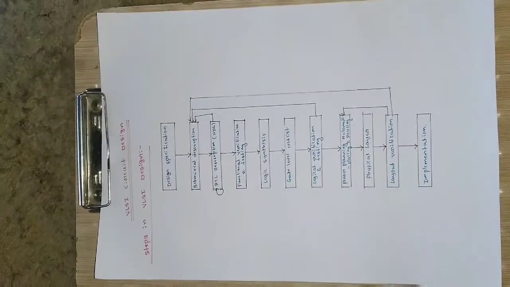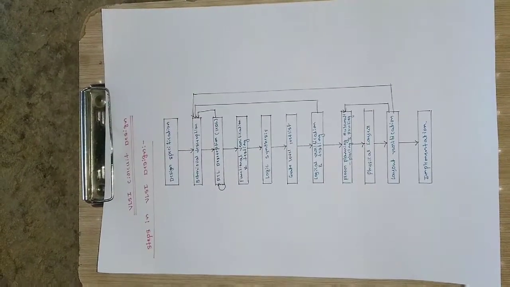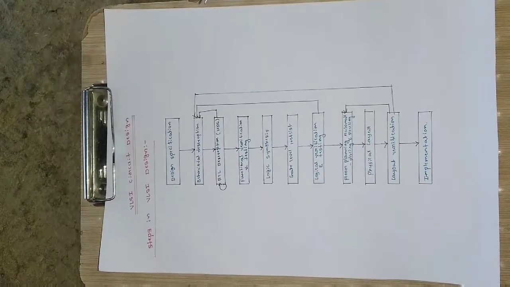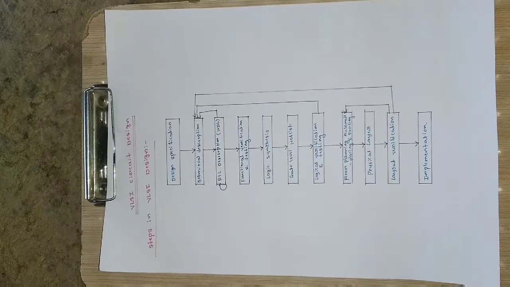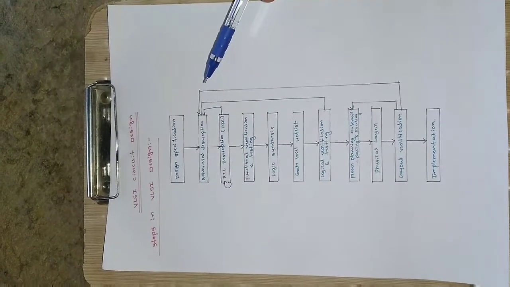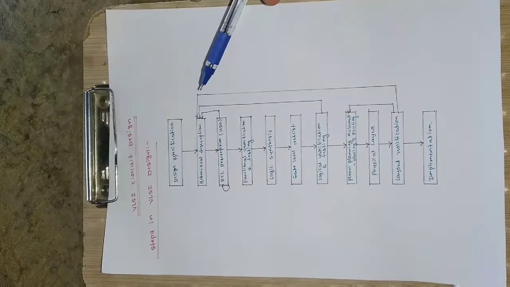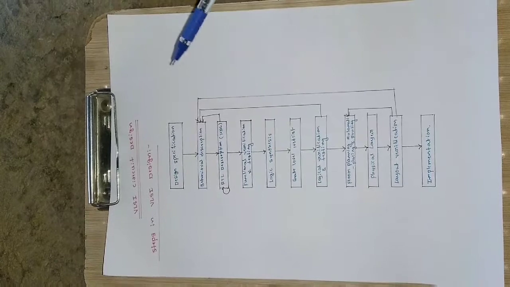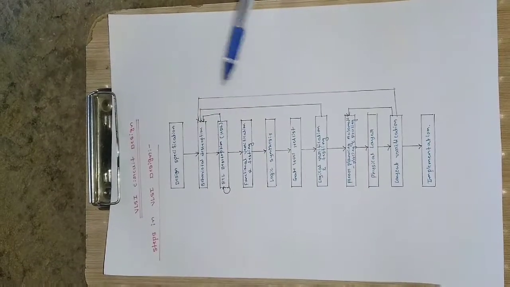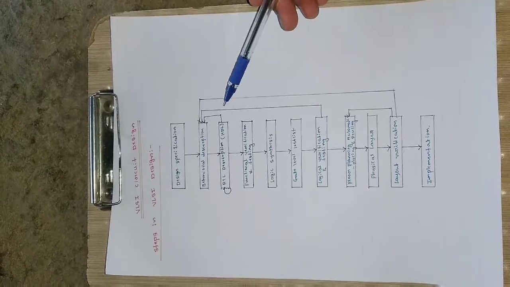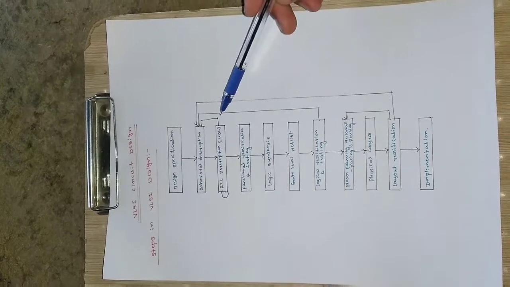What are all the components or ingredients which are required for making a particular recipe? That is called the design specifications. And the second step is behavioral description. A behavioral description means creating a rough skeleton of the layout here. And the next step is RTL description or hardware description language. So that is HDL description here.